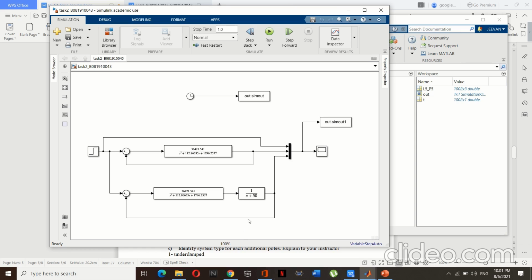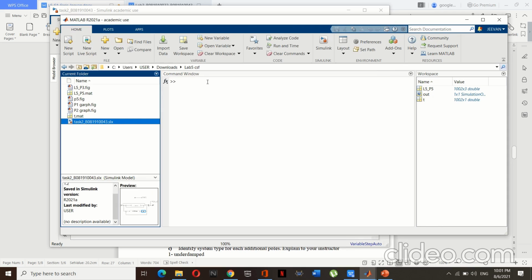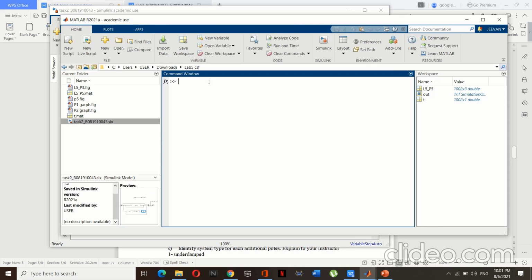And the additional pole is to know the response of the system, and after added the additional block, to save the model, the process to save the model is